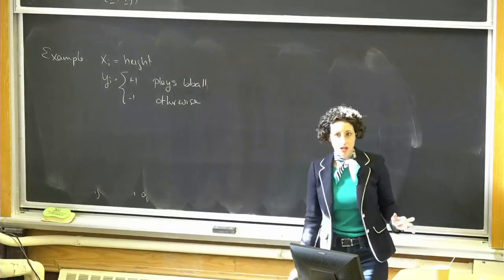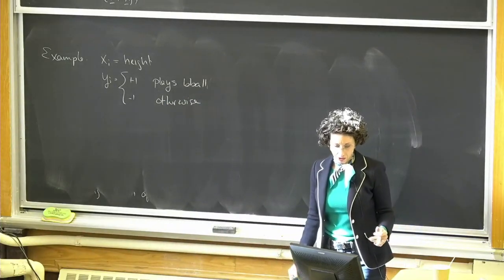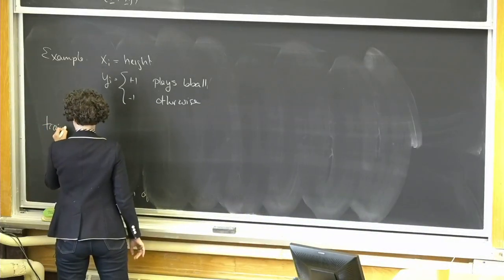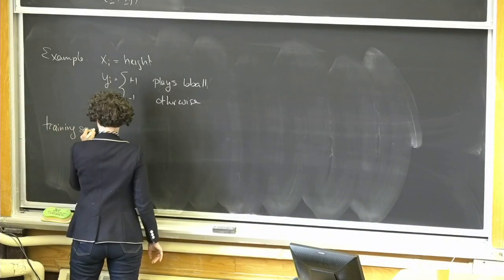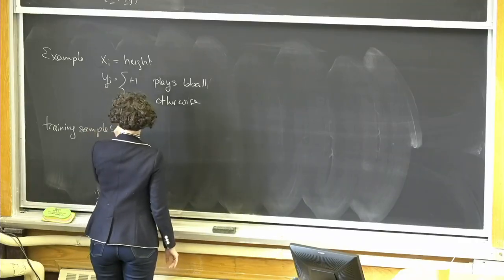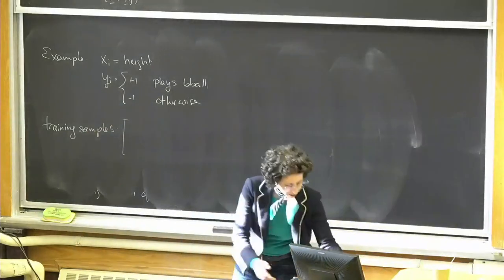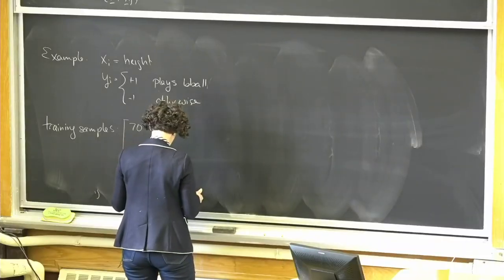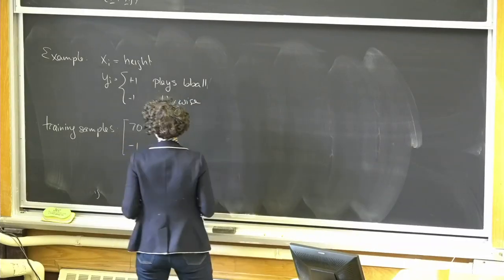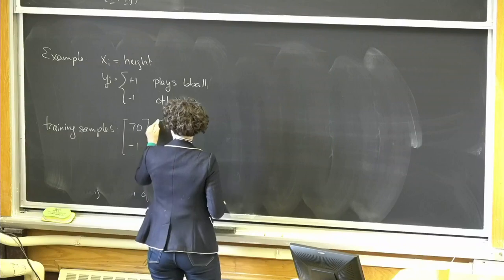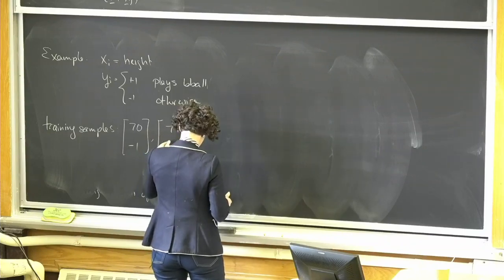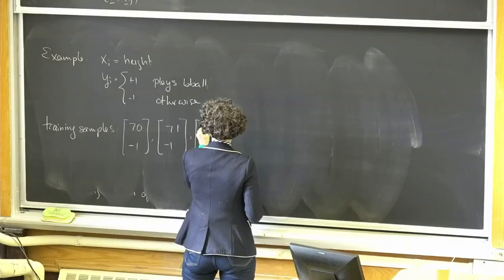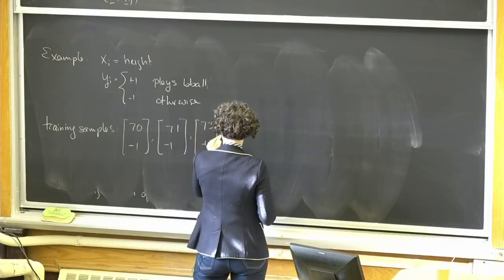And then imagine that we get 4 training samples. I think this is inches of height. So the 70-inch person does not play basketball, the 71-inch person does not, the 73-inch person does, and the